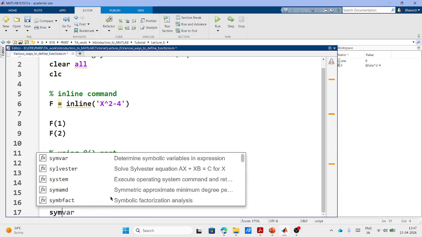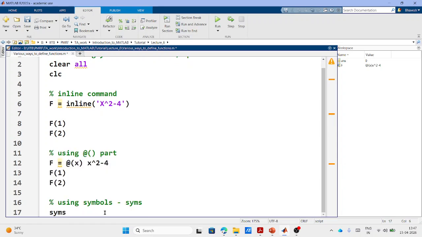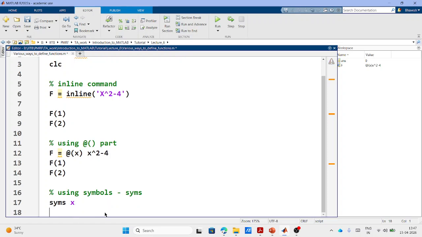So I define syms. Syms defines a symbol. I defined a symbol x in my system, and I write my function f is equal to x to the power 2 minus 4. Here I have already defined my variable x as a symbol, right? That's why I'm writing syms x. So f is x square minus 4,